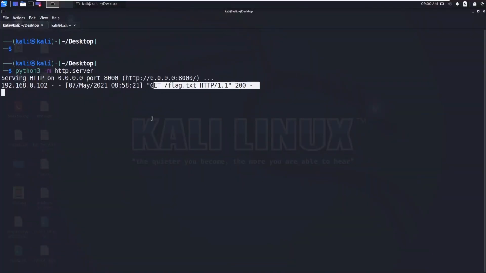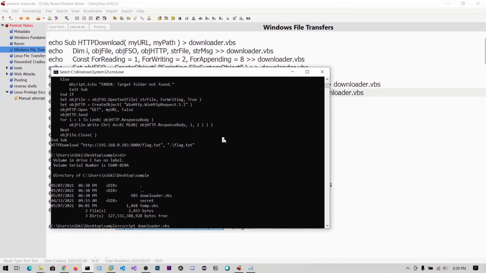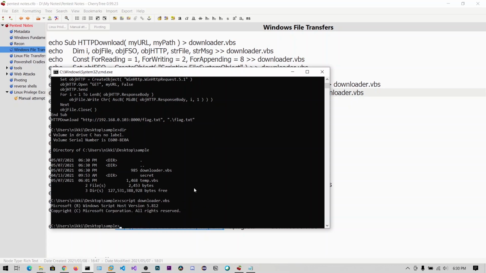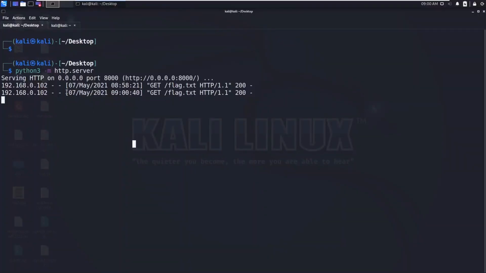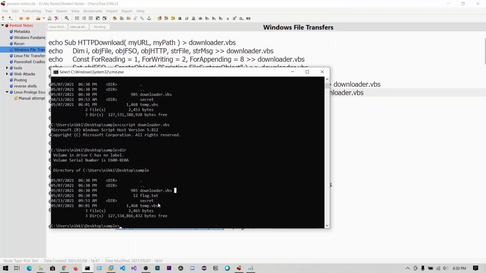There is one request, which is a duplicate from the previous Python module. Now using cscript I can run this VBS script and hit enter. Now let's run dir, you can see flag.txt, and there is a second request. So in case there is no PowerShell, you can use this VB script.